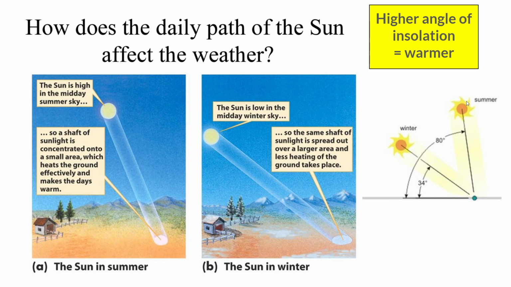But in the wintertime, the sun is lower in the sky, and this causes a lower angle of insolation. Notice the angle of the sun in the wintertime in relation to the surface compared to summer. So since in the wintertime we have a lower angle of insolation, the sun's rays are hitting the Earth's surface more indirectly, and that's causing the sun's rays to be more spread out and less concentrated like in the summertime. And since the sun's rays are so spread out on the surface in the winter, it's not as concentrated, it's not as intense, so it's less warm in the winter.